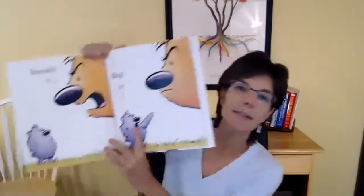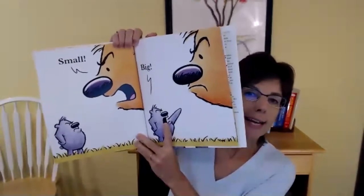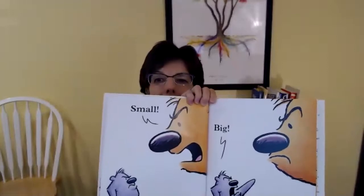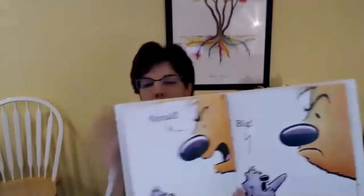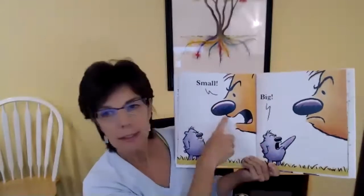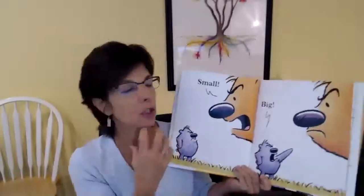So we have this idea that italicizing is a cue to emphasize. And if I underline and italicize, now I need kind of a stronger emphasis, right? And then we even increase font size and we use exclamation points. And why do we do that? What is the tone? If I read that and I didn't have pictures of a bear who's looking rather annoyed and frustrated, look at these faces, the pictures are giving us cues to